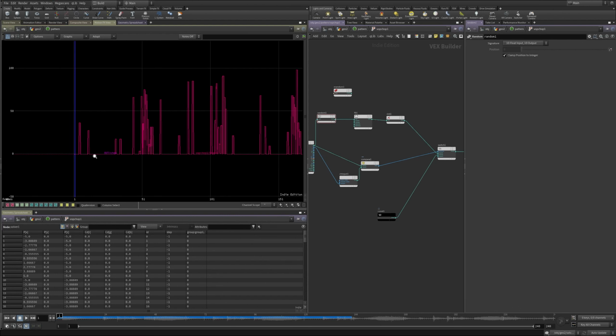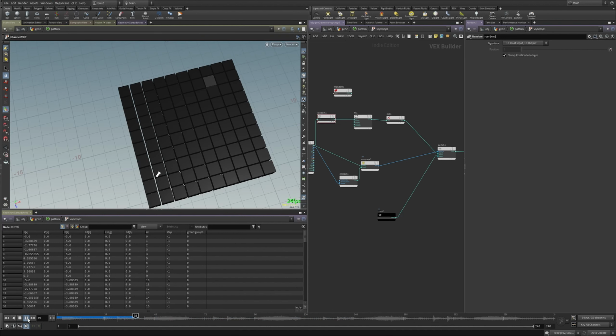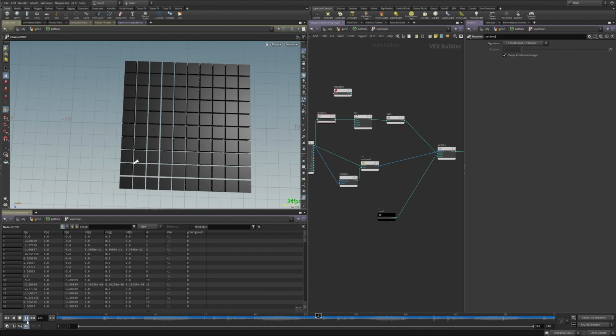And now we have random values, and when there's not a random value, we have a -1. And -1 meaning, again, since there is no -1 point, the condition of that group will never be met, so it's just off. And that's the basic setup for how to create a non-repeating random pattern based off of audio.